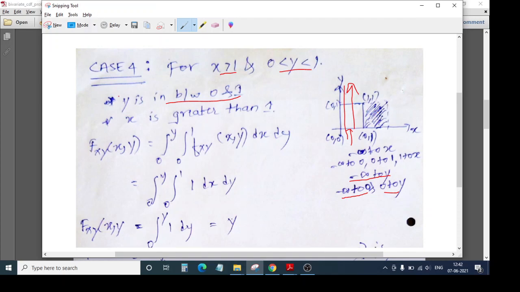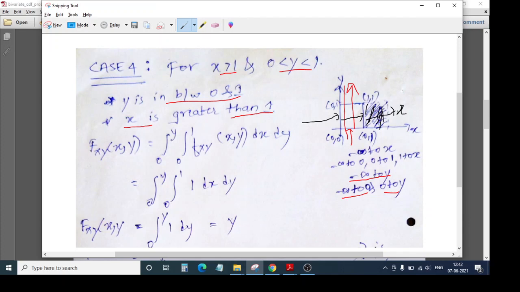Next thing is x greater than 1. Please observe this. What do we mean by x greater than 1, friends? It means x is somewhere here in the shaded region. Whatever we have shaded here, we have our x. How do we split our x now? The first split is minus infinity to 0, from here till here. The next split is 0 to 1 here. After that we have 1 to x. These are our three splits.